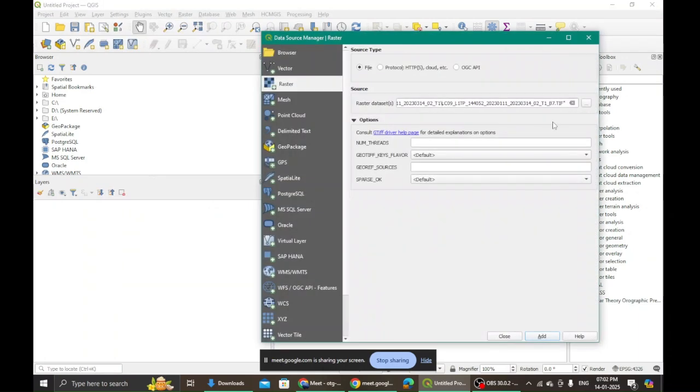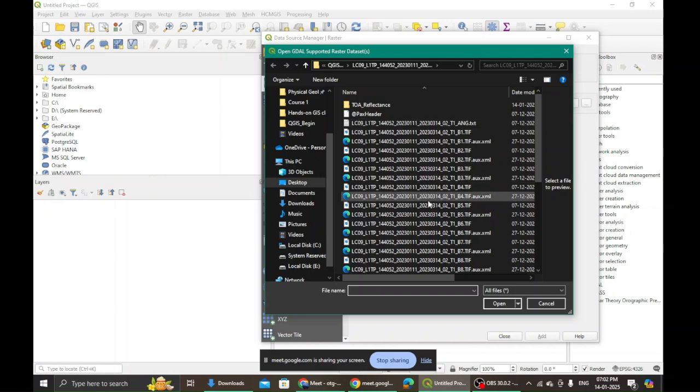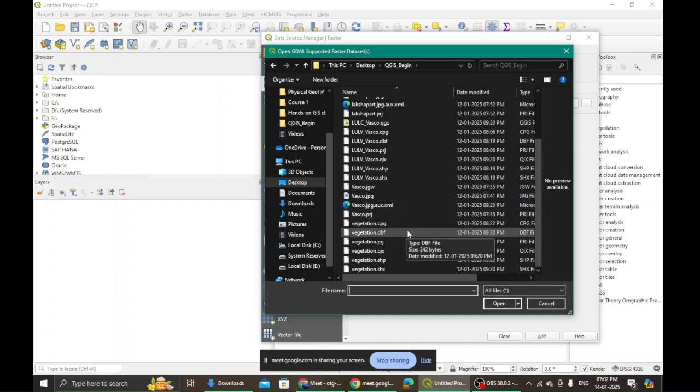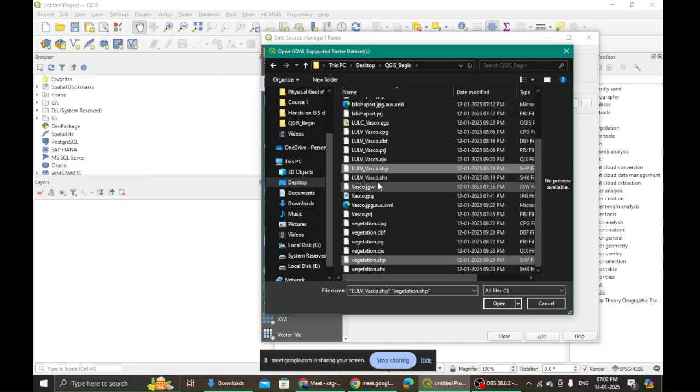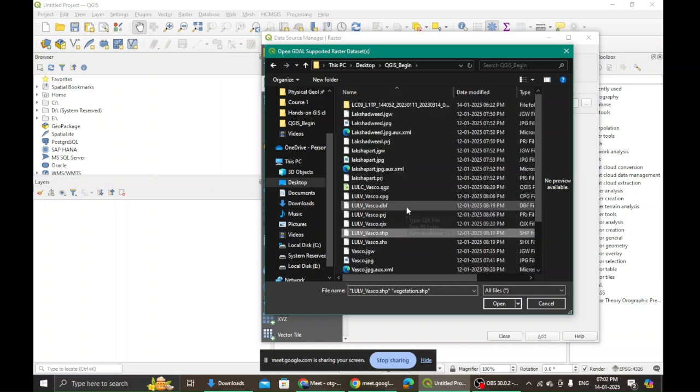I know that I had a raster layer. The raster layer was Vasco. Okay, so the vegetation shapefile I had made, and another .shp, this one I had made.